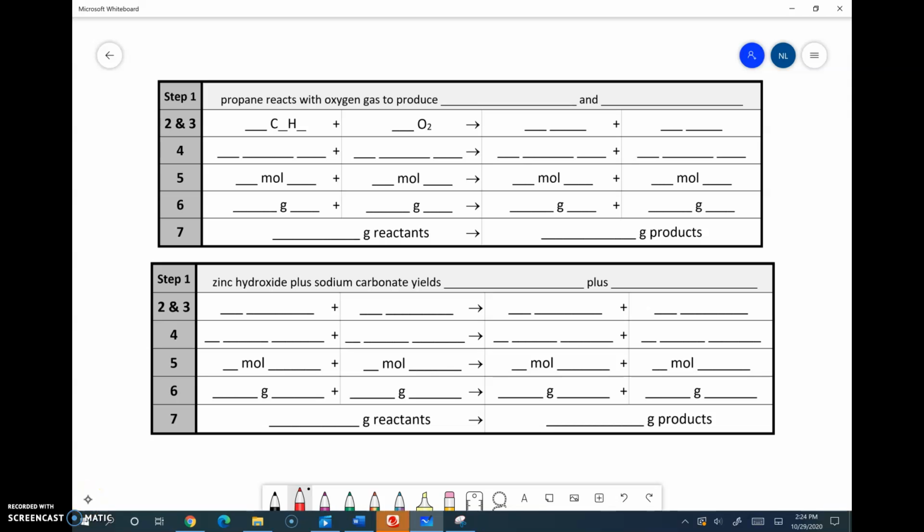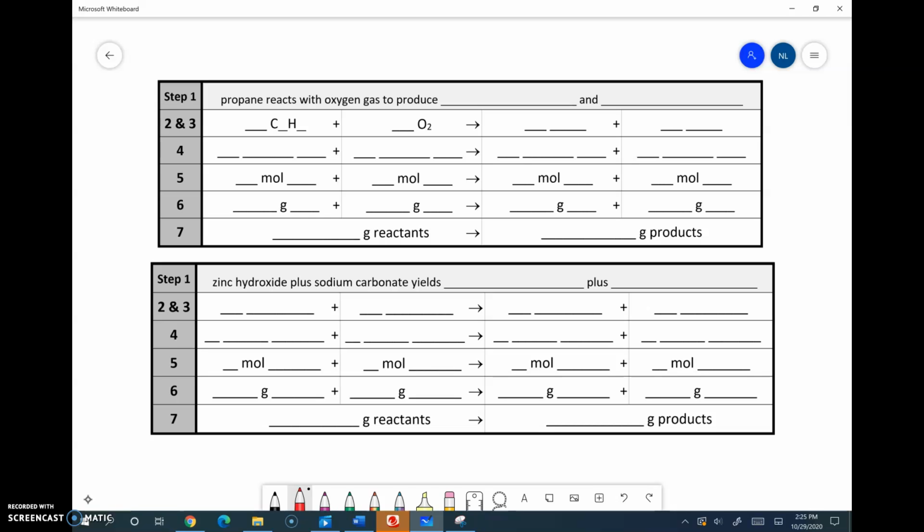Okay, so this is the stoichiometry worksheet. This was given to students on Wednesday. Those who did not get it on Wednesday, it's uploaded in Canvas. Basically, this concept goes back to conservation of mass, and essentially the mass of the reactants has to equal the